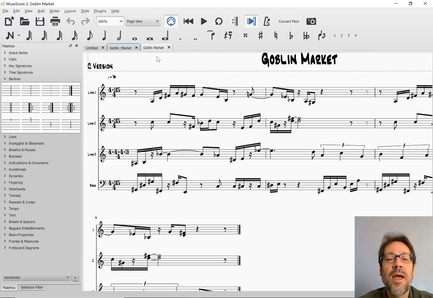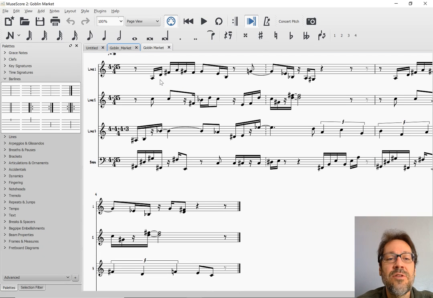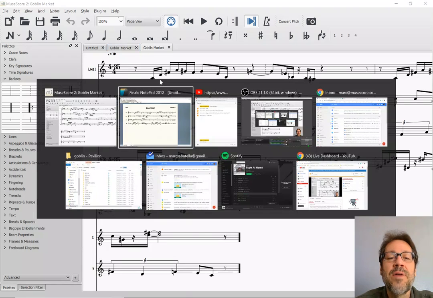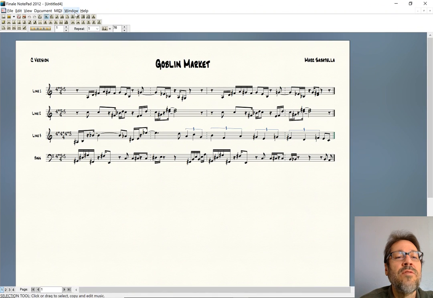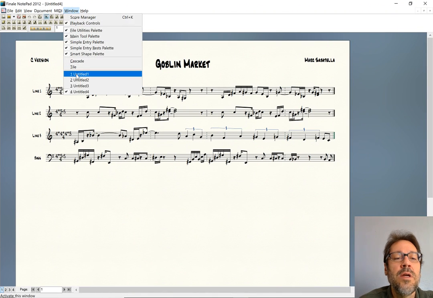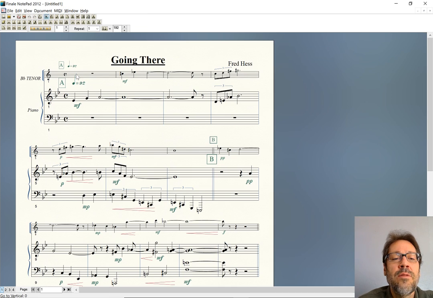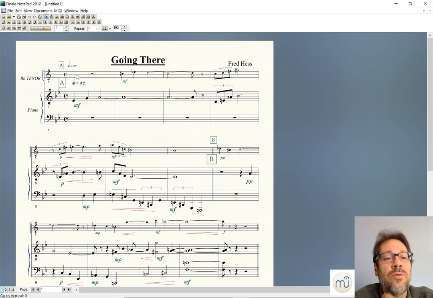Anyhow, as far as MusicXML goes, this one did its job. But it's not always that simple. So I'm going to go back to Finale, and I'm going to look at one of the other files that I have loaded here. The one that I'm going to look at right now, I want to talk briefly about this music. Fred Hess was a composer and saxophonist. I live in Denver, and